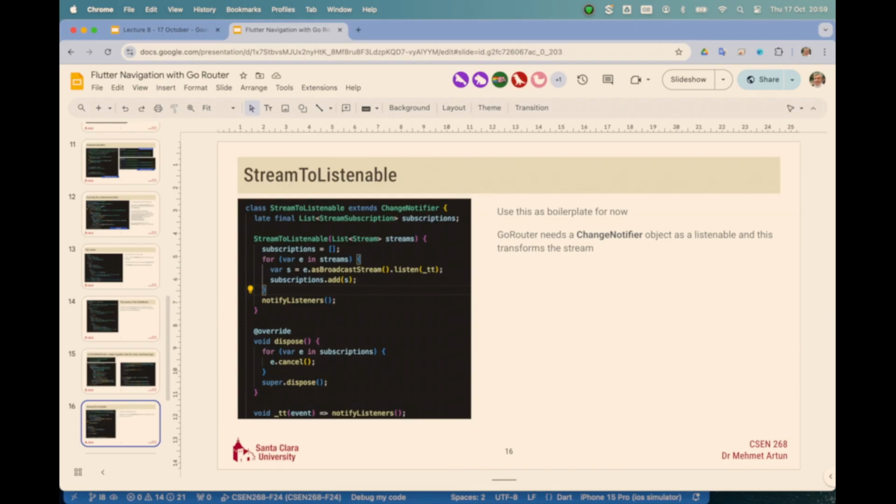A broadcast stream and a normal stream are different. As a broadcast stream, when you take something from the stream, you haven't depleted it. But as a normal stream subscription, when you take it from the stream, nobody else can subscribe to it. It's depleted. As a broadcast, multiple people can take from it. Again, technicality, take it like this if you need to use it. But this is a code that works, and whenever you want